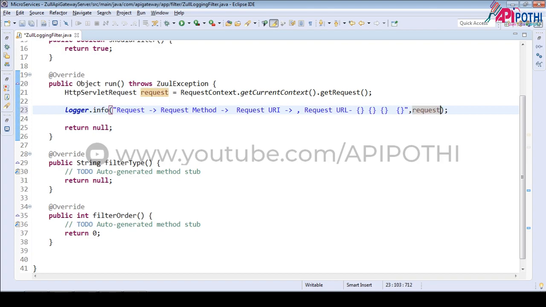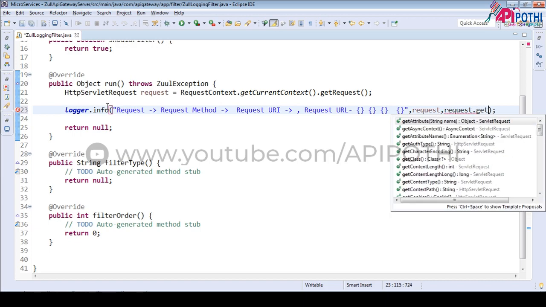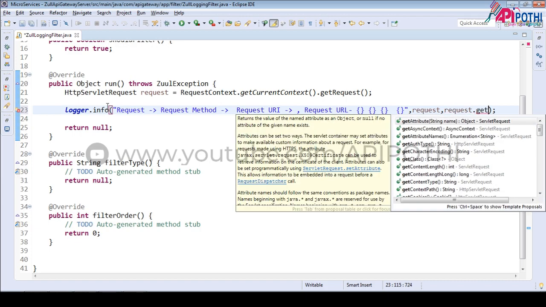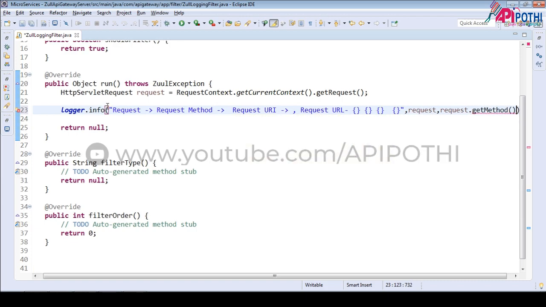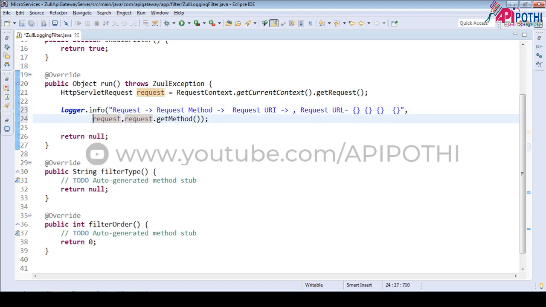First one is the request. Second one is the request method, so request dot getMethod.